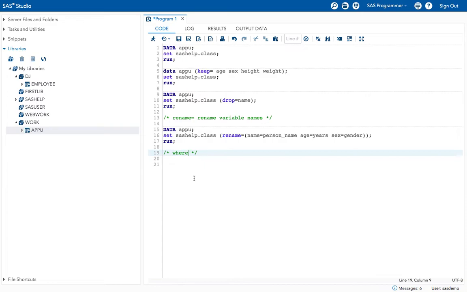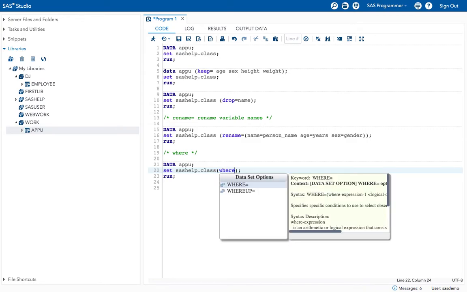Okay, so this where is basically used to subset the data. Okay, let me show you how to do that. So let me copy paste. Okay, now in the parenthesis, I will give the where option,